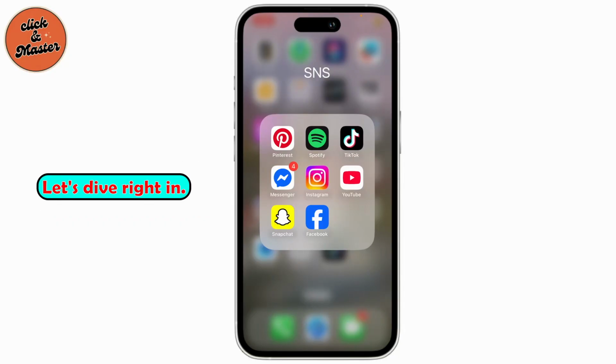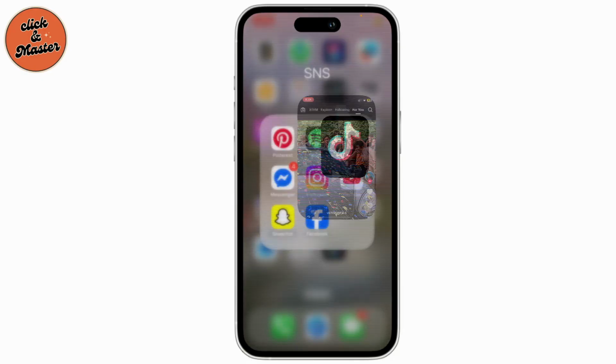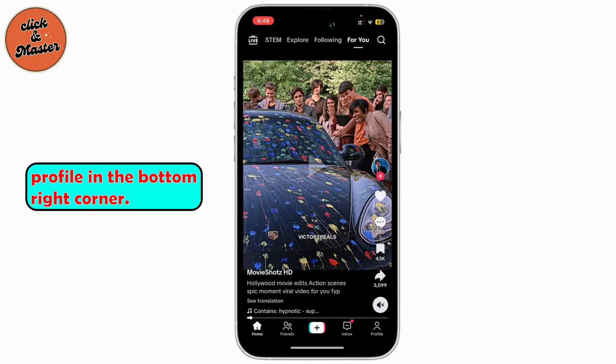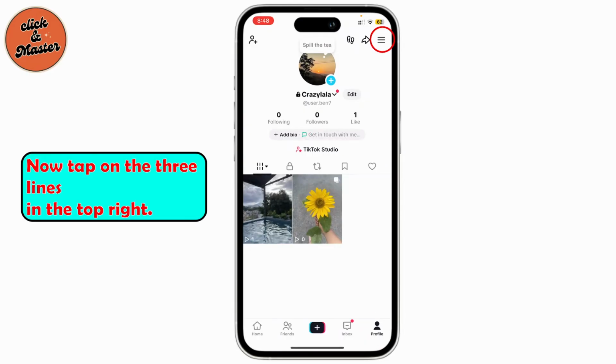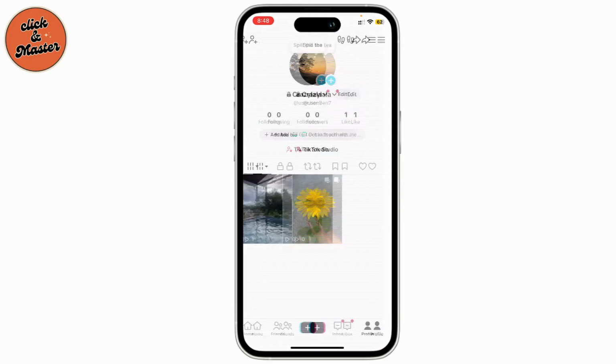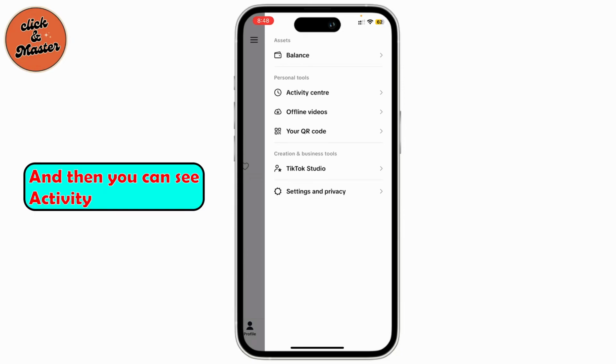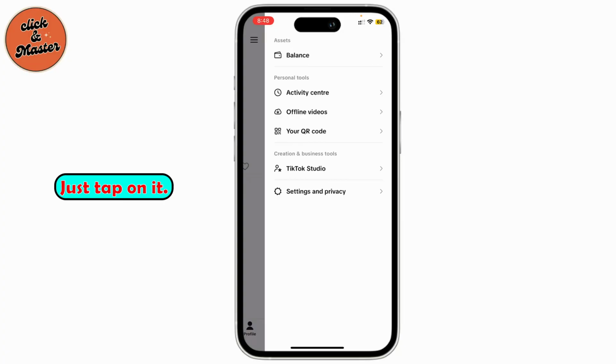Let's dive right in. Open up your TikTok app and then head over to your profile in the bottom right corner. Now tap on the three lines in the top right, and then you can see Activity Center under Personal Tools. Just tap on it,